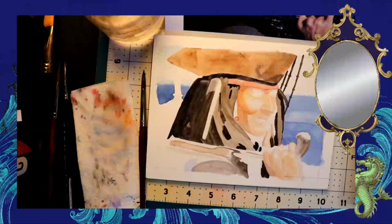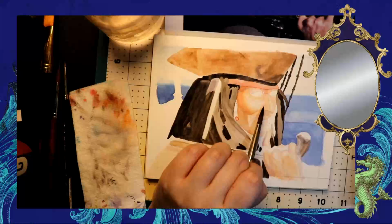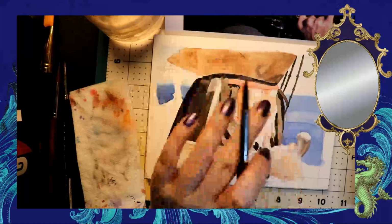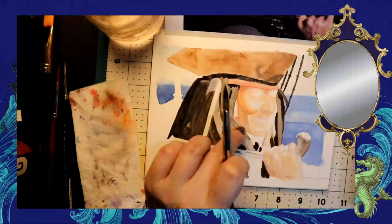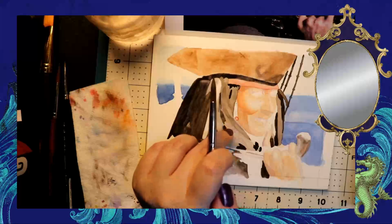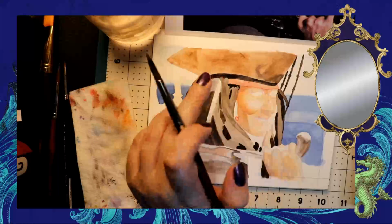Alright. Jump back over here. I think some of the values for Jack are working out pretty good. One thing I might actually do, now that I'm seeing more of how this is working out, creating that depth and whatnot, is scrub out this little spot for the Carbazole Violet and go back in with the Quinn Burnt Scarlet for that. Let that be the part that indicates the shadow there. I'm reevaluating this because I don't think I want to glaze back in with the purple at this point. I think I'm going to go in with a neutral tone. Maybe the sepia from the shade and tone sets and some